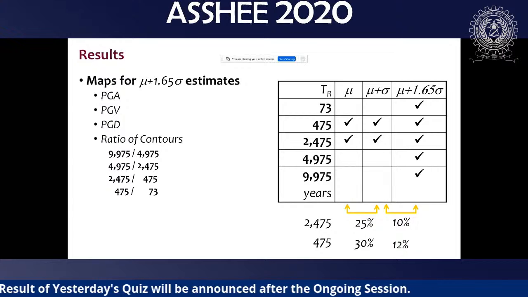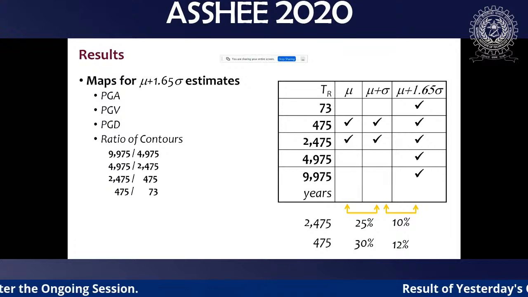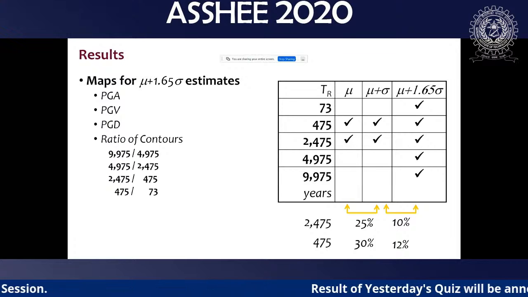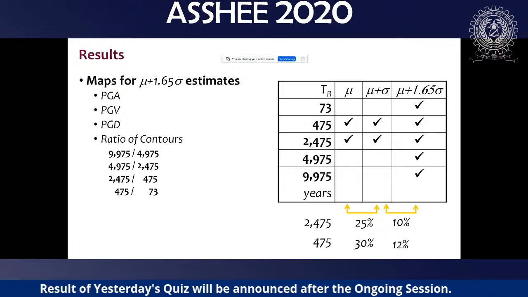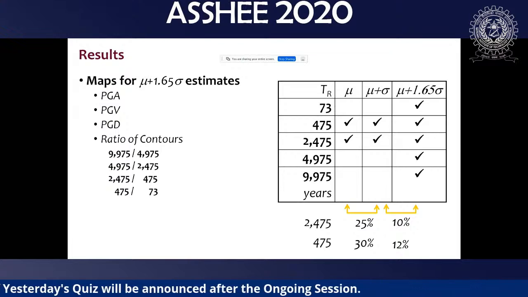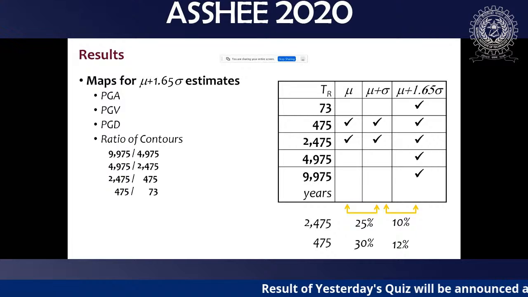Because now in India, for tall buildings, many important tall buildings and power plants, people are trying to do performance based seismic design. If you want to do this performance based seismic design, you should have all these numbers reported. And we should even have the PGV, that's the peak ground velocity, and the peak ground displacement is a very important thing for serviceability checks in our structures itself. So all these things, we are going to report in our new building code.